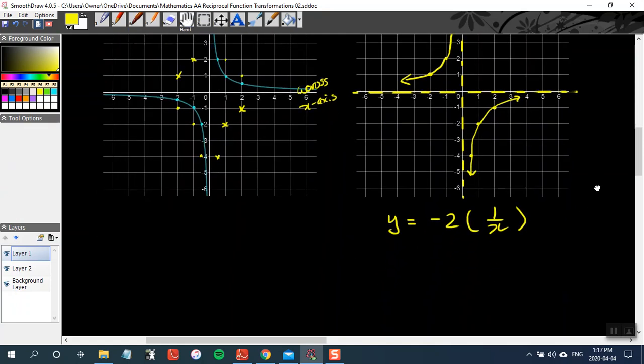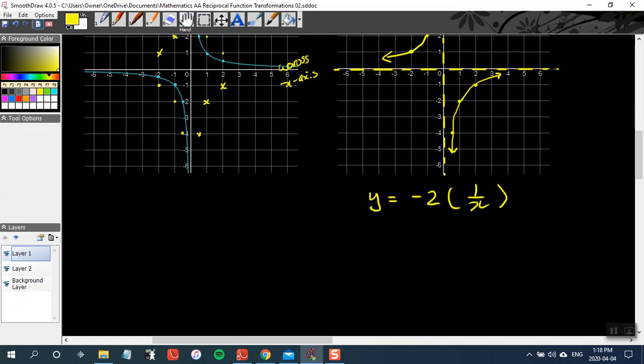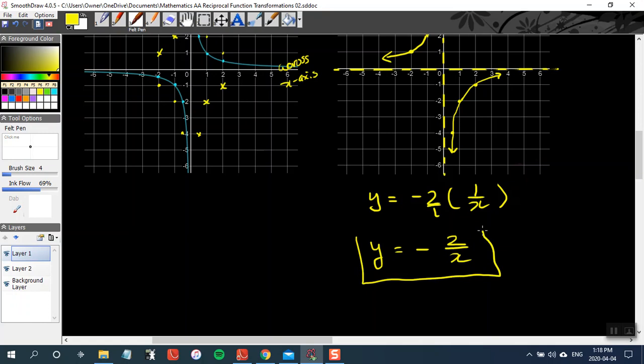And typically, well, you could leave it like that, there's nothing wrong with it, but we usually should clean that up a little bit and multiply 1 by 2. Of course, this is -2 over 1, so you could write this as -2 on the top, all over x times 1. There's nothing wrong with that, but usually we just want to make sure that we don't miss that negative, because of course that was an important feature to reflect our function. We put a negative in front of this fraction of 2 over x, and there's the explicit equation